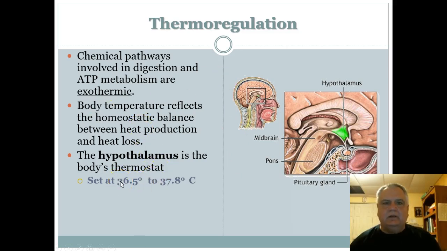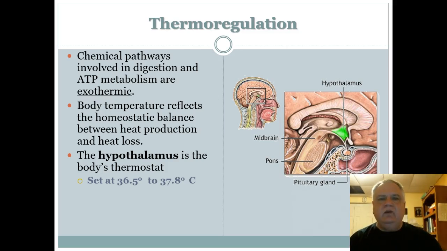It works kind of like the thermostat in your home. You set a thermostat to maintain a particular temperature in your house. Let's say, for example, you want the temperature to be 72 degrees Fahrenheit in the wintertime and 72 degrees Fahrenheit in the summer. So you have the furnace and you have the air conditioning in your house, if you're fortunate enough, unlike me, to have air conditioning in your home.